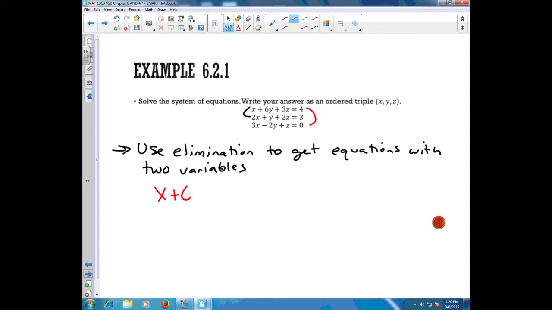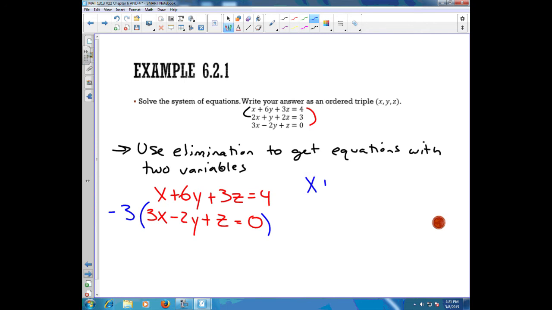So we have x plus 6y plus 3z is equal to 4. We'll start with the red one first. 3x minus 2y plus z is equal to 0. So this is our first and third equation, and we want to eliminate z. To eliminate z, we've just got to multiply by some constant. If we multiply the bottom equation by -3,